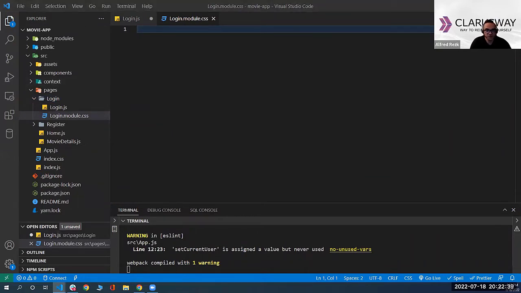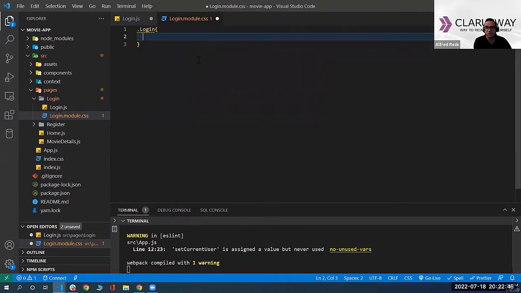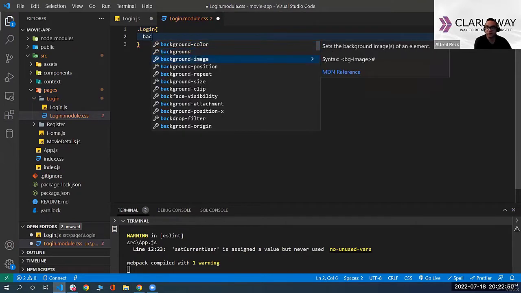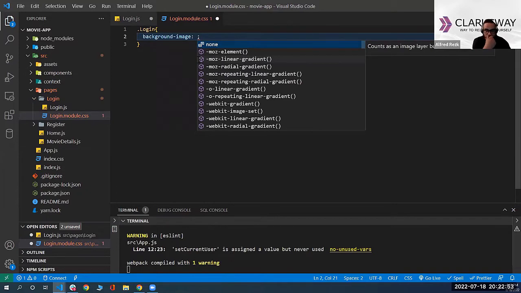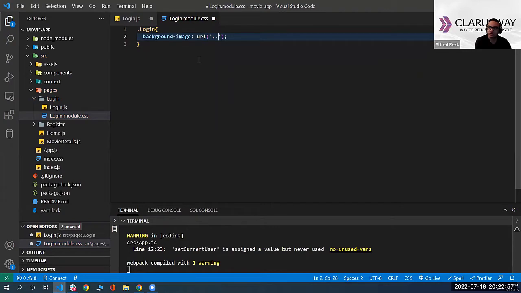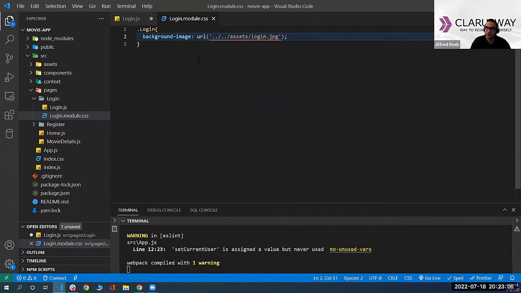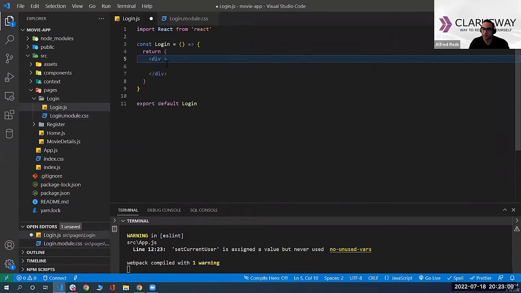I'm going to create a couple of custom CSS, login. So this is my first class name. I want to give it a background image, and this is going to be the background, which is going to be the URL, which I'm going to go up 2 levels, assets, and the login page. Okay, now I can go to my login page here and do class